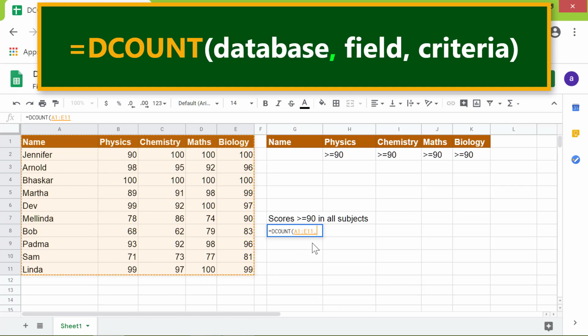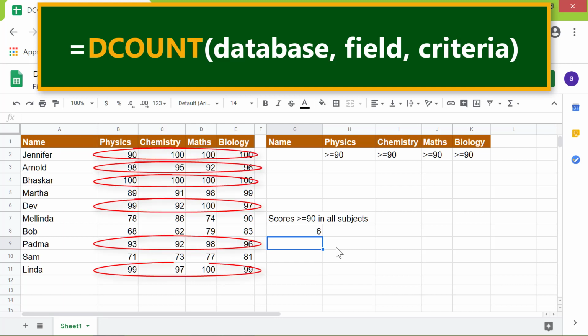Type comma. For the field, click this cell. Type comma. For the criteria range, click this cell. Drag till this cell and release. Press enter. There you go. The DCOUNT function has returned 6, indicating that 6 students have a score of 90 or more, in the 4